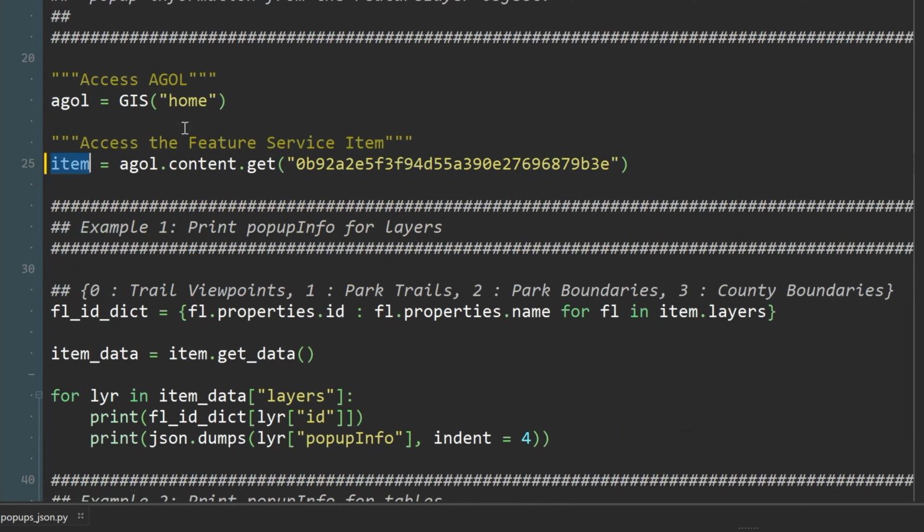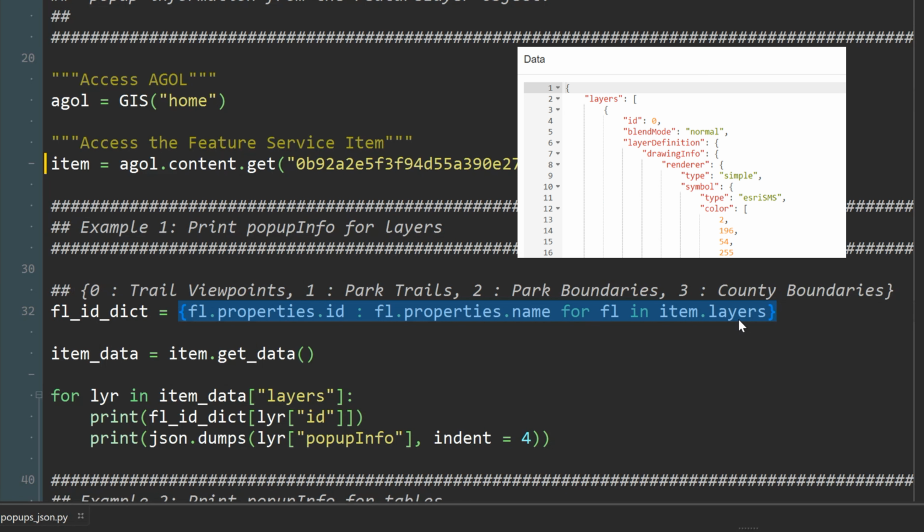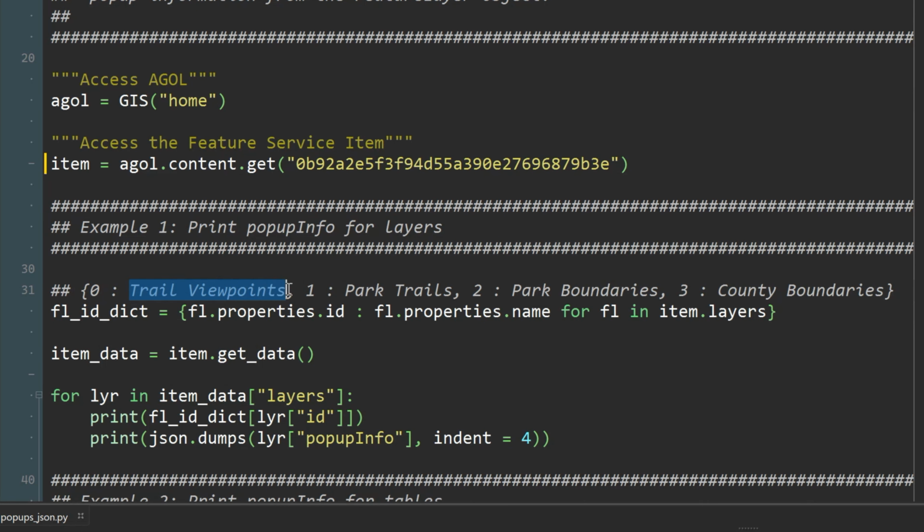To print the pop-up for our layers, we're going to create a dictionary using dictionary comprehension. This is not necessary, but there is no layer name in the get data. There's only a layer ID, so we're going to match the layer ID to a layer name. So our dictionary is going to be the layer ID and the layer name, as you can see here. 0 for trail viewpoints, 1 for park trails, 2 for park boundaries, and 3 for county boundaries. So our key will be the ID and the value will be the name for each layer in our item